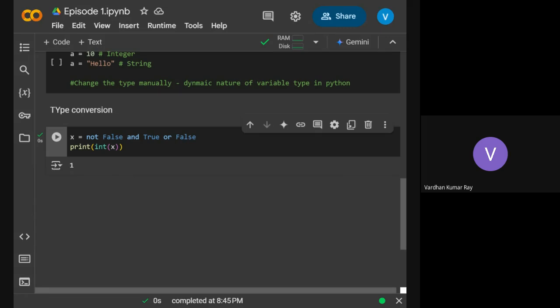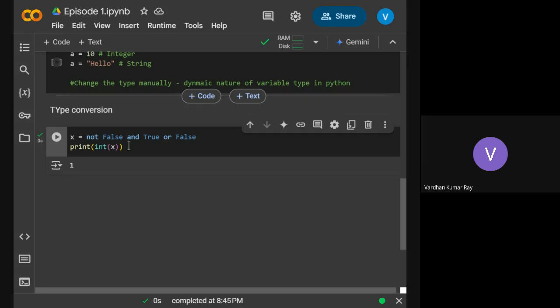So if somebody wrote implicit and explicit, yes. What kind of type conversion is this? Just think about the words implicit and explicit as English words, not technical words. What do you mean by implicit and explicit? Explicit means you have to explicitly tell something. You have to make it more obvious. But implicit means it happens internally. You don't see that evidently until you try doing something like printing.